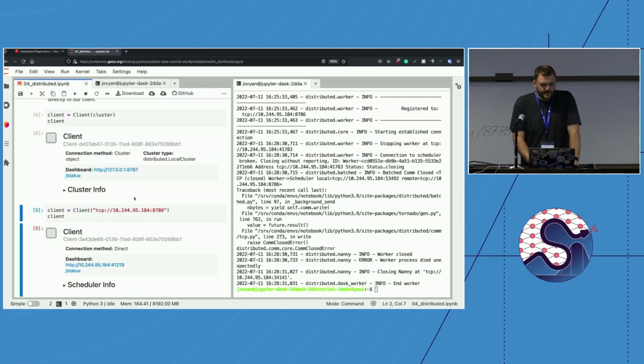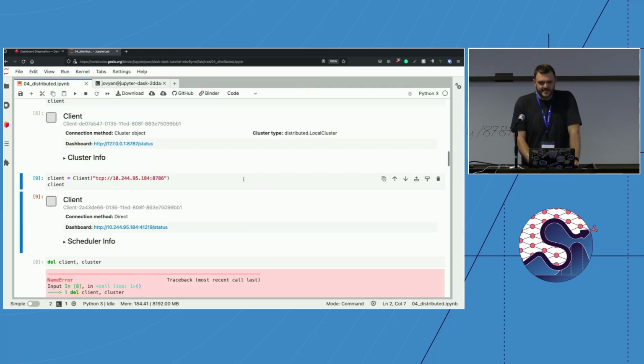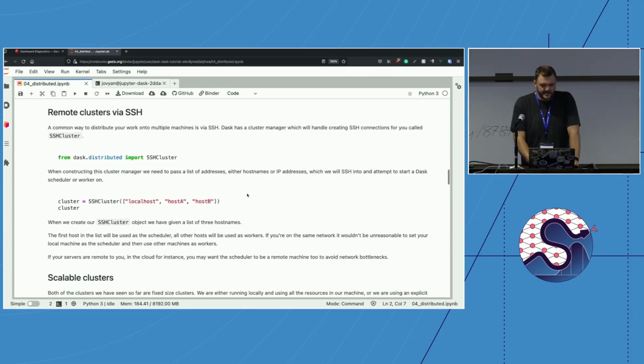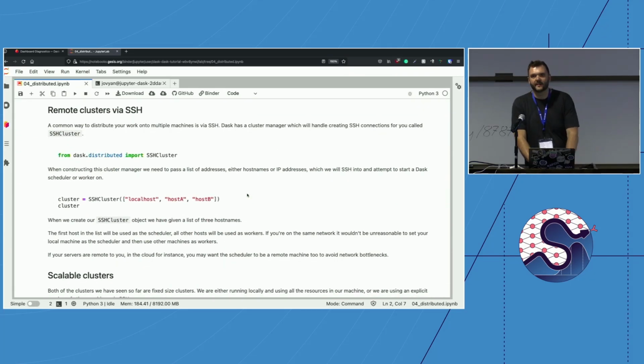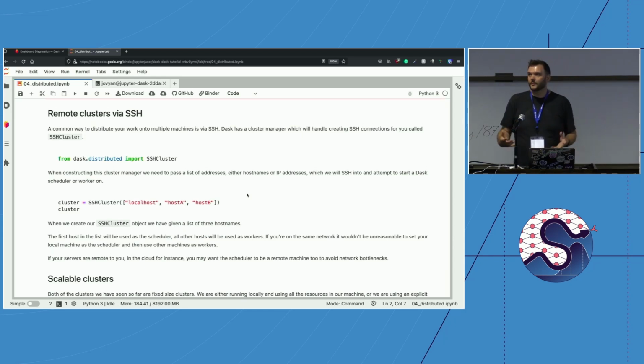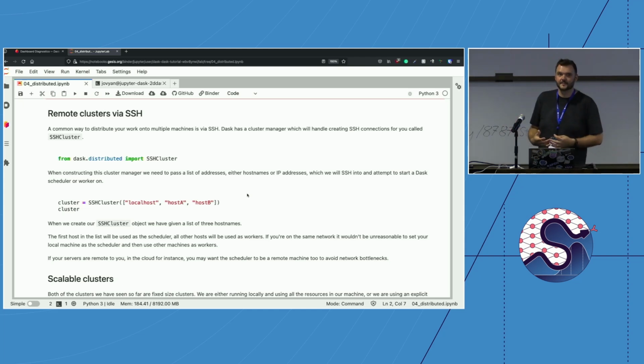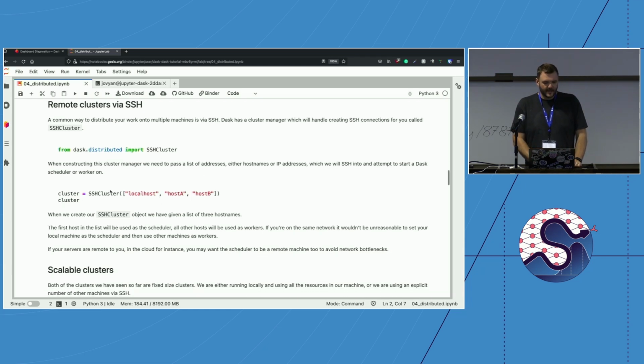So instead of creating stuff manually on the command line, because that's tedious, we have all of these cluster managers that will create various clusters of various types for you. The most popular one that we see coming up in the Dask survey, which is kind of fun because it's not the most sophisticated, but it seems to be one of the most useful, is SSHCluster. So you can import SSHCluster from the dask.distributed core package,